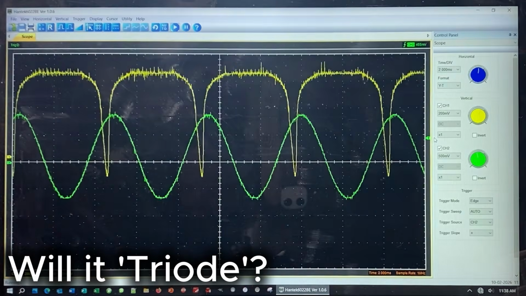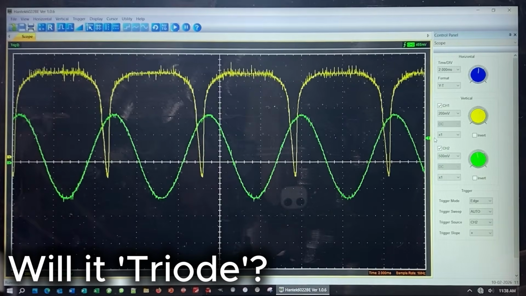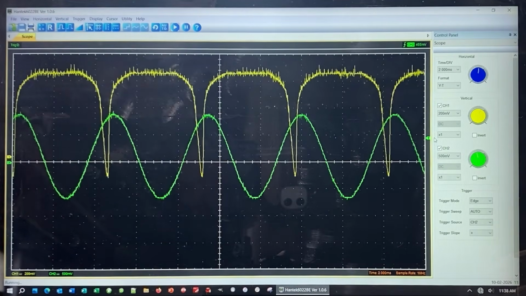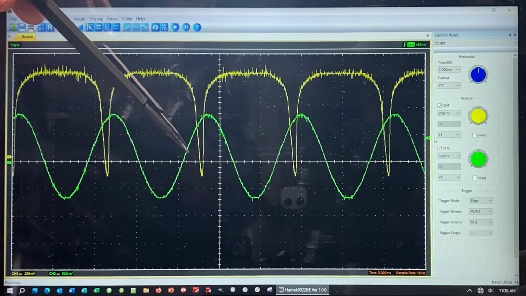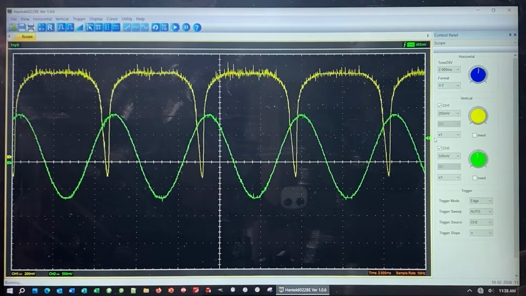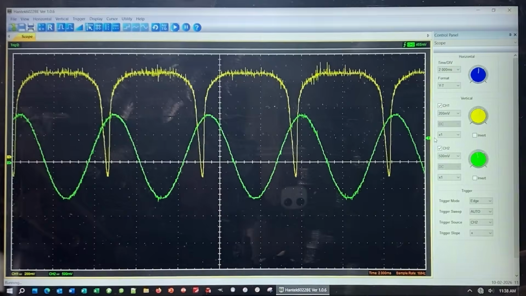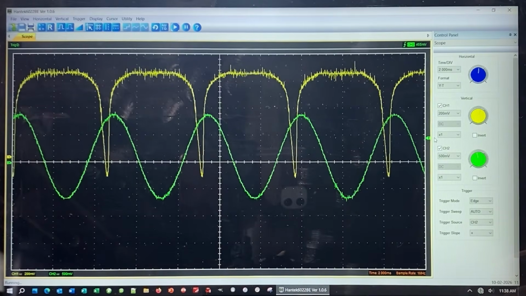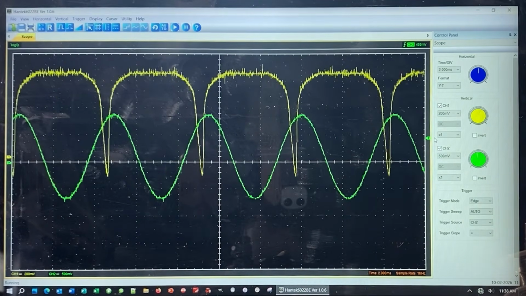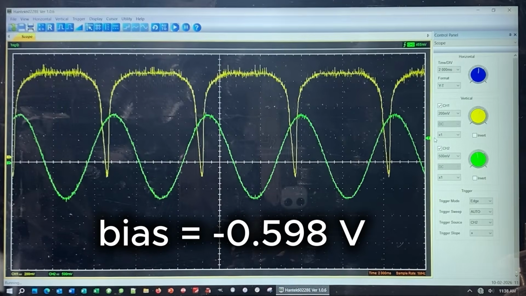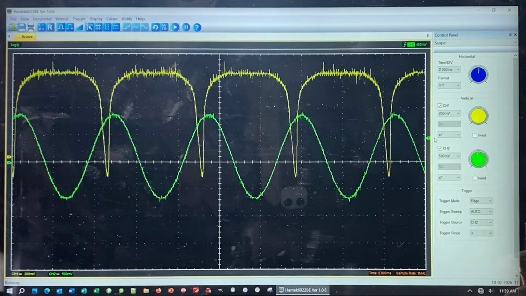24 hours later. Just to prove it to myself that this would actually work, I went back and I expanded the range that the bias could reach. And let me check what I have this set on. All right, I am at minus 0.598 volts. For this setting,